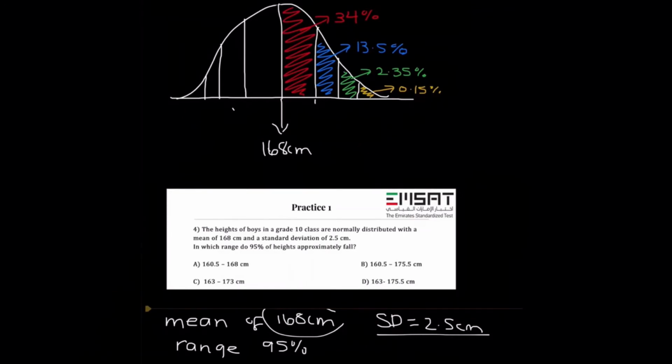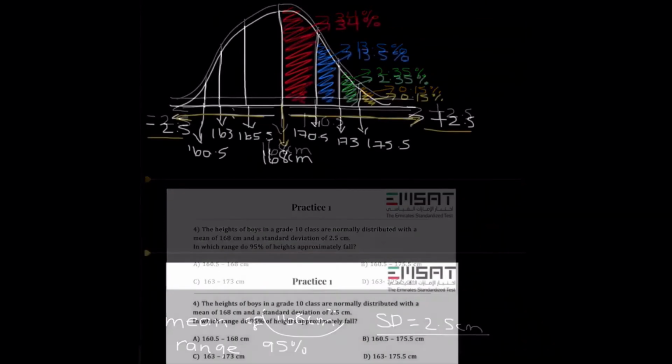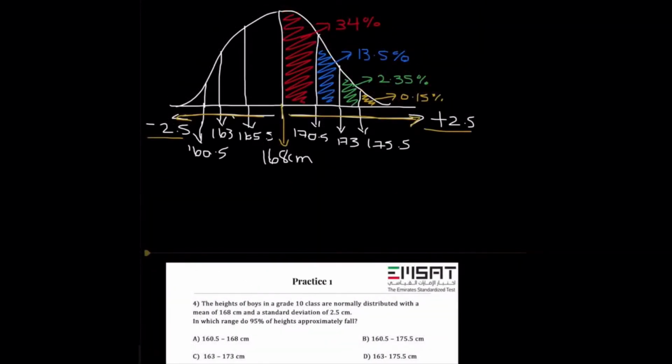As we're going to the right, we're going to add 2.5. As we're going to the left, we are going to minus 2.5. So here, 168 plus 2.5 is 170.5, and onwards. So after adding and subtracting on each section of the graph from the left and the right,